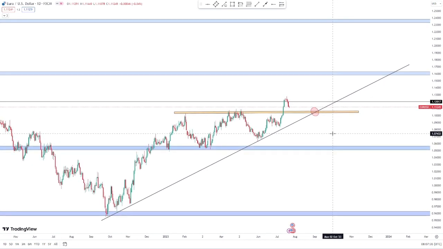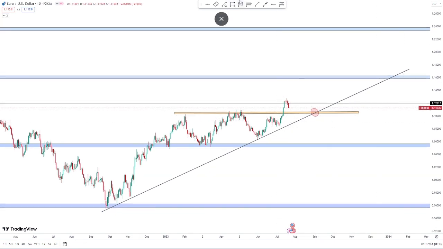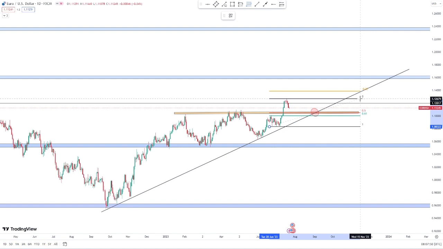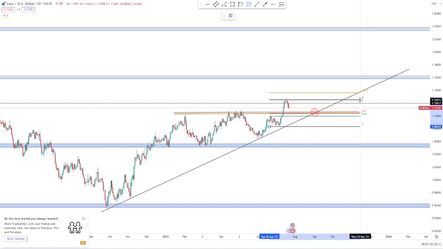So all we're waiting for last week was to have a pullback into this previous resistance, which we turned support like this. And what we did was this: we pulled our Fibonacci, we dragged it from the swing low to the swing high like this, and you had our region here. We discovered that the previous resistance now became a support and a Fibonacci 0.5,